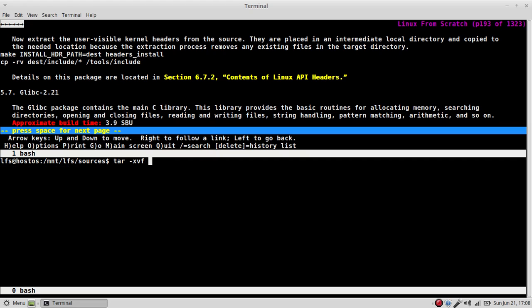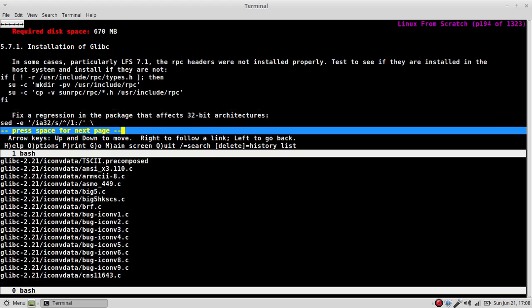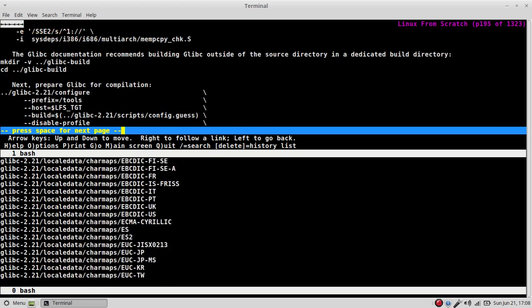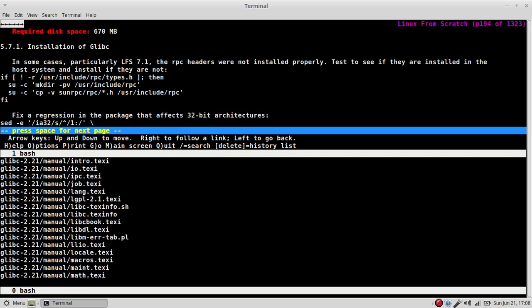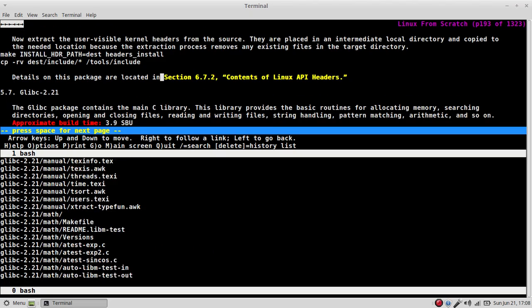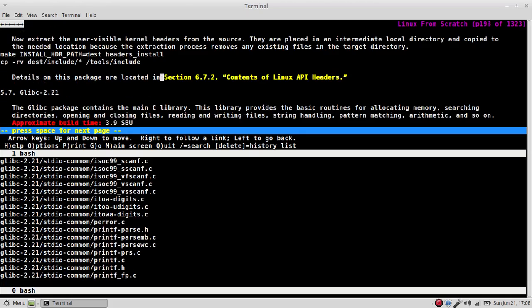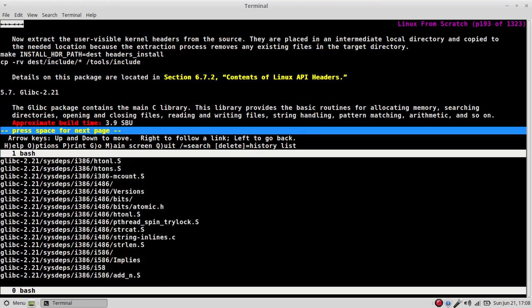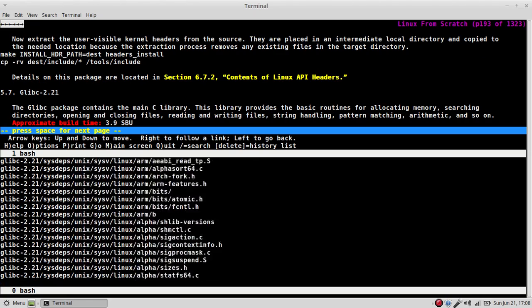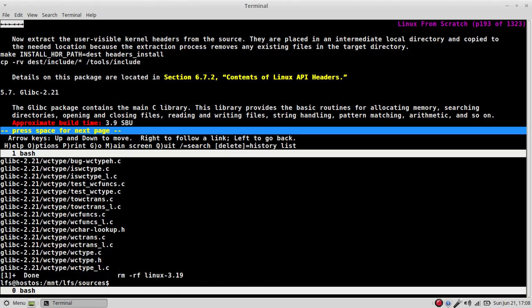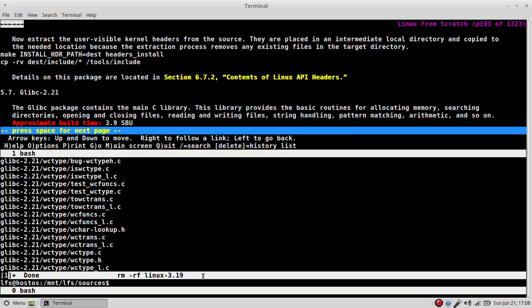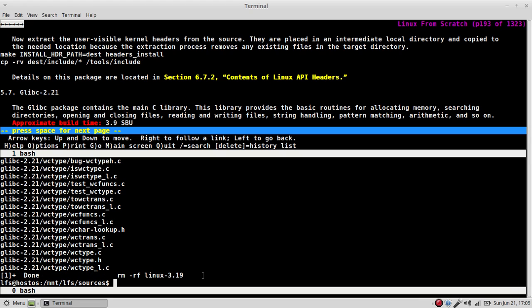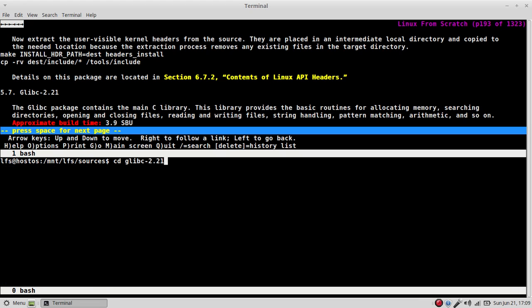Now I want to tar xvf glibc 221. This is 3.9 SBUs. Configure file is not as bad as GCC was, and we still have a GCC to go over one more time. But we need to install our glibc, which contains our main C library. You can see here after we background a file, it tells you when it's done, even if it's not spitting out output. Cd to glibc,